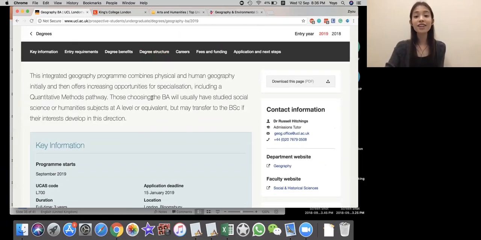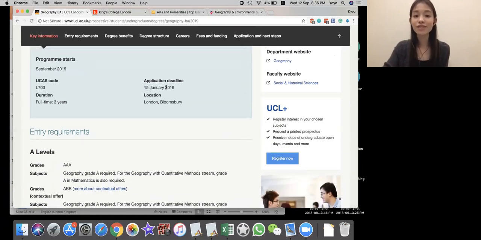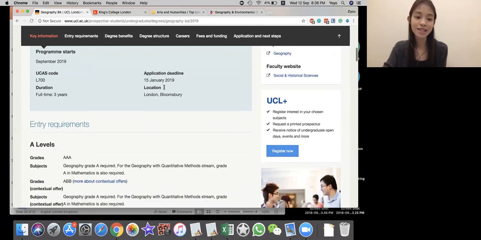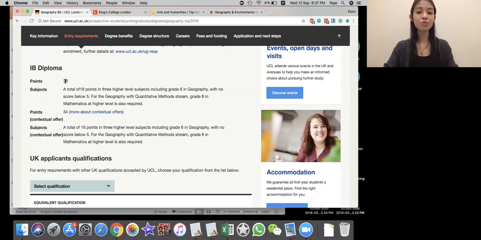Here I can find all the information about the course in particular. It tells me that the application deadline is 15th of January, so they follow the normal application deadline for UCAS. I took the IB, so from here, this is where I found their program requirements. I found out that to get a 38, as I said before, and etc.